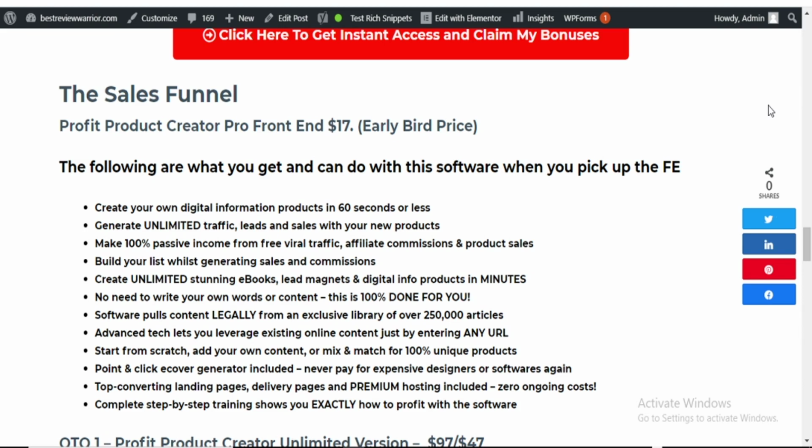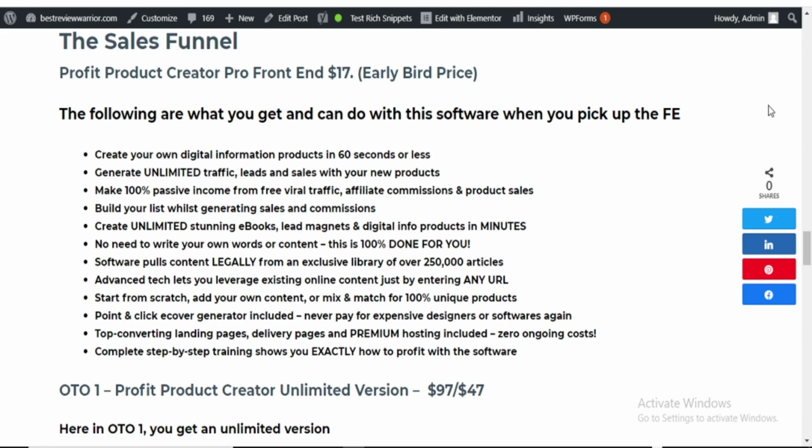So you legally take content from a list of 250 articles, which is also true. Advanced tech lets you leverage existing online content just by entering any URL. Now you can start from scratch and add your own content if you want. You mix up content so that you can have 100% unique content, as I said earlier. Then it's simply point and click, e-cover generator included.